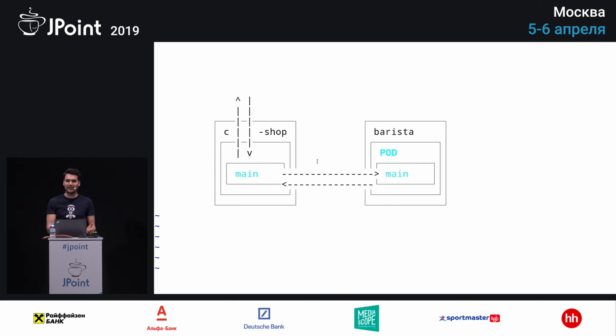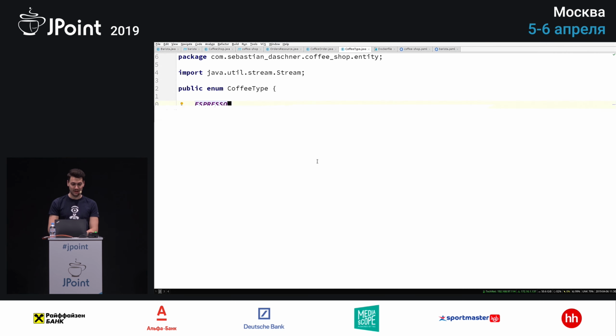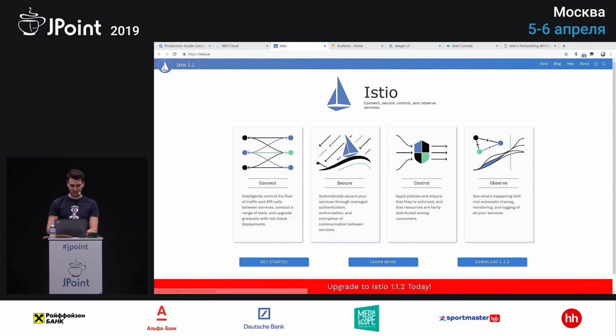Well, but actually, we don't really know what's going on inside production, right? It's just a black box. We fire up some HTTP POST request, and then at the other end we can ask for the coffee, but we don't know what's happening inside. So for example, we are lacking some observability and a few other concerns. And this is now where our service mesh technology comes into play, because this is what we want to